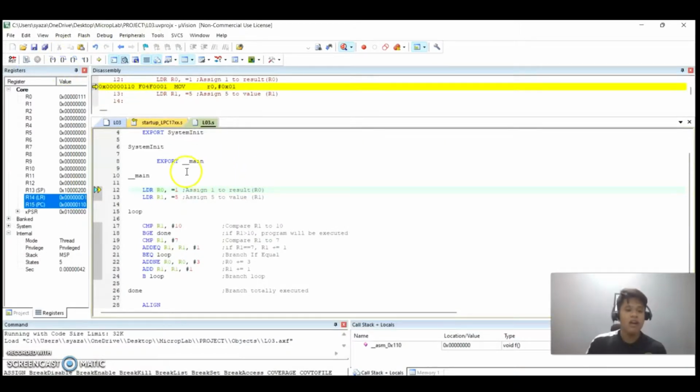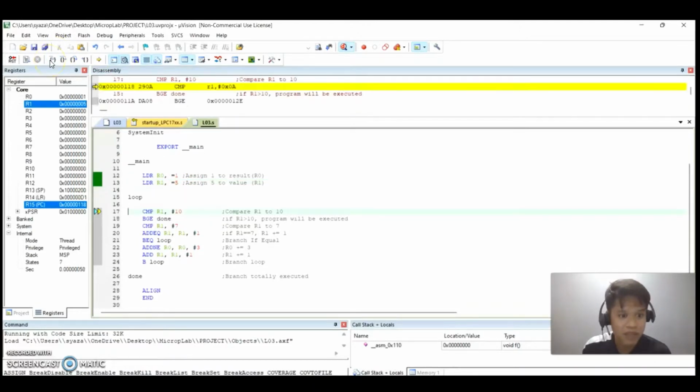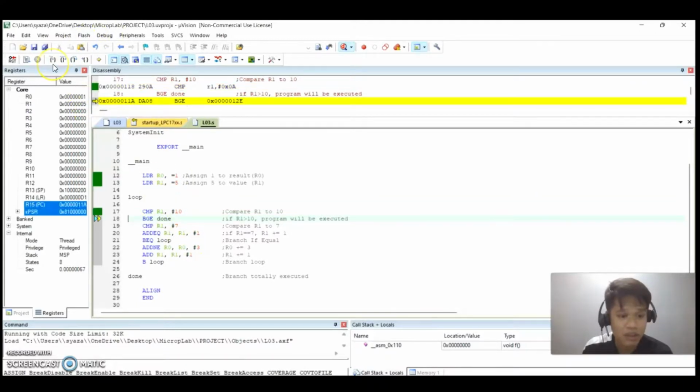Okay, load R0 equal to 1. So I will assign 1 to the result R0. R1, I assign 5. So we can see it will compare the value of R1, 5. After I load R0 equal to 1, R1 equal to 5, it will compare R1 whether it's less than 10 or more than 10. Meaning that R1 here is 5, it is less than 10. Okay, it will continue to execute